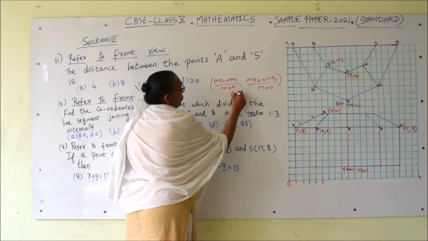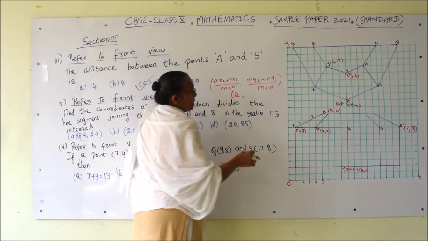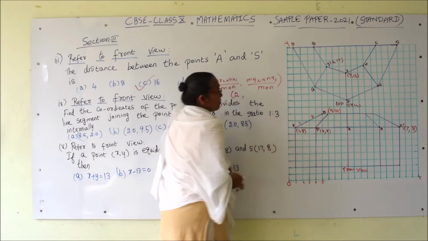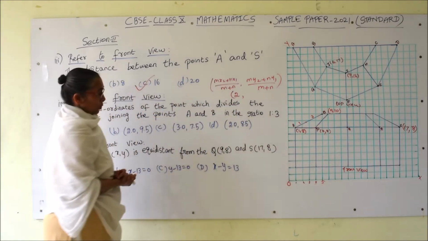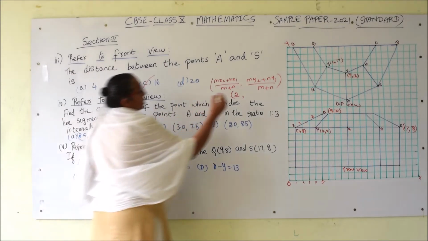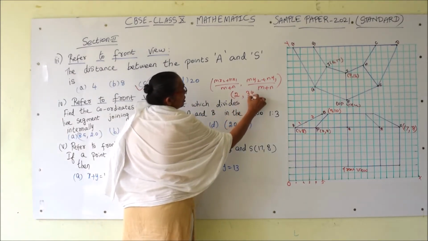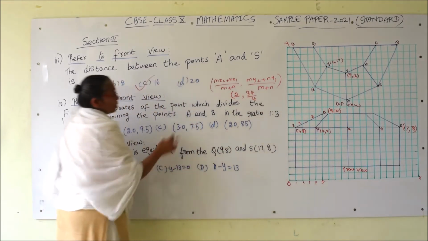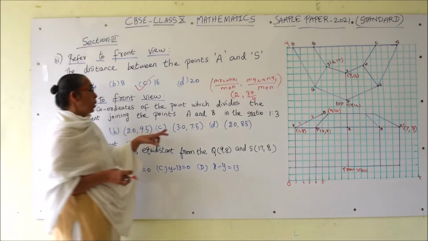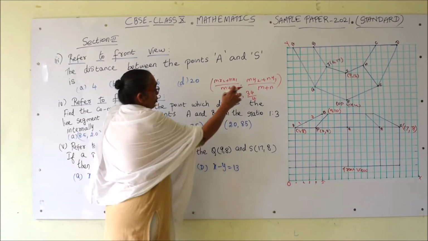So 8 by 4 is 2, comma, my2: 10 plus 3 into 8, so 24 plus 10, 34 by 4. Let us see which will satisfy here. The x coordinate 2 is in option B and option D. 34 by 4 will give only